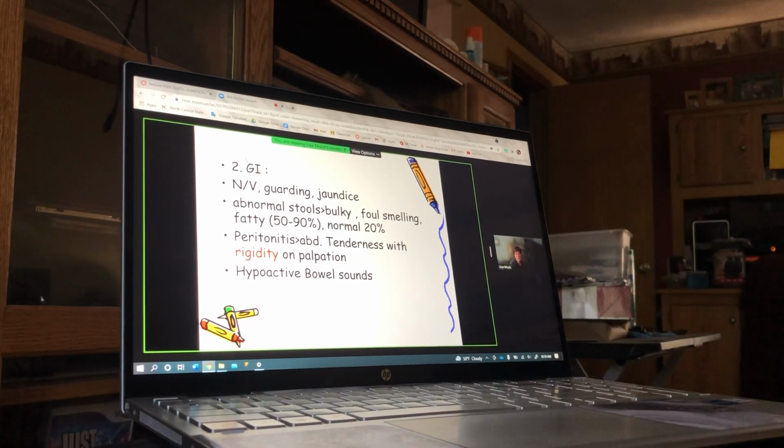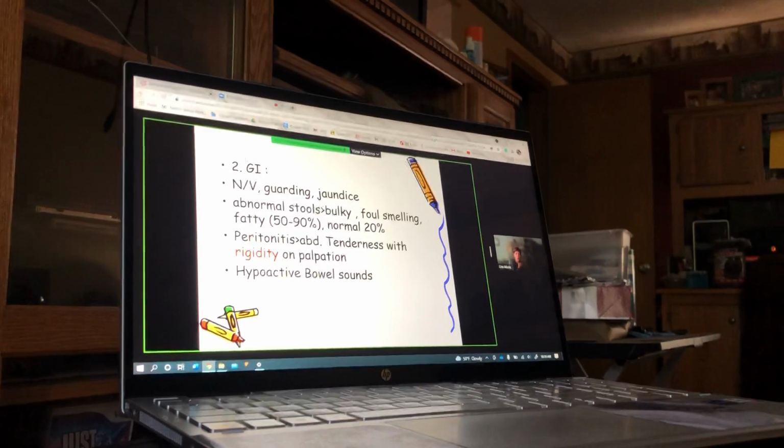Guarding, so they're more comfortable holding their hands across their abdomen. They don't like you pushing on it. Abnormal stools, so when they do go to the bathroom, they tend to be bulky and very foul smelling. Normal fat content in stool is only about 20%. So these